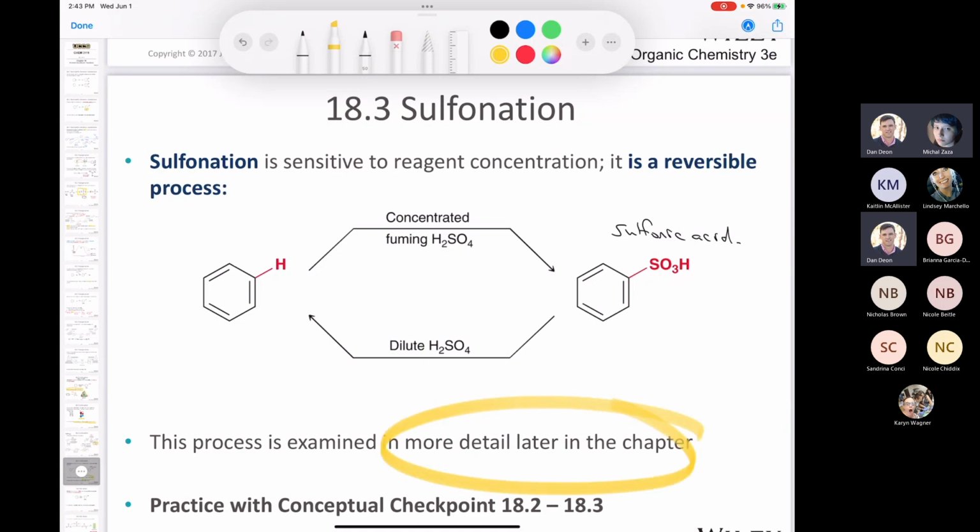Well, again, it's going to come up later on in the chapter, and it will be of great synthetic utility to us later on. Okay, so now we've covered halogenation, chlorination, bromination. I told you about question 18.1 that covers iodination, and we've covered sulfonation. Let's cover one more type of electrophilic aromatic substitution, at least nitration, and then maybe we'll take a short break